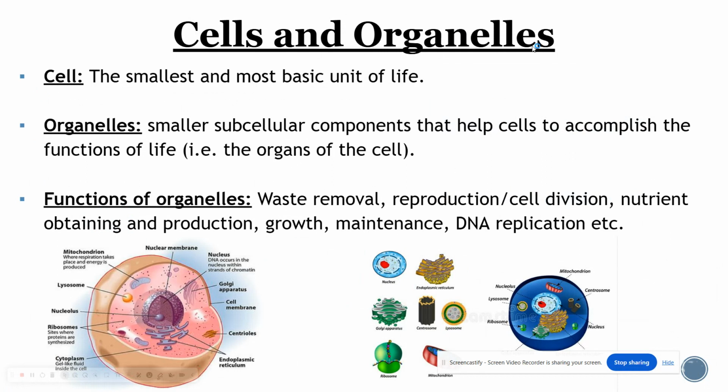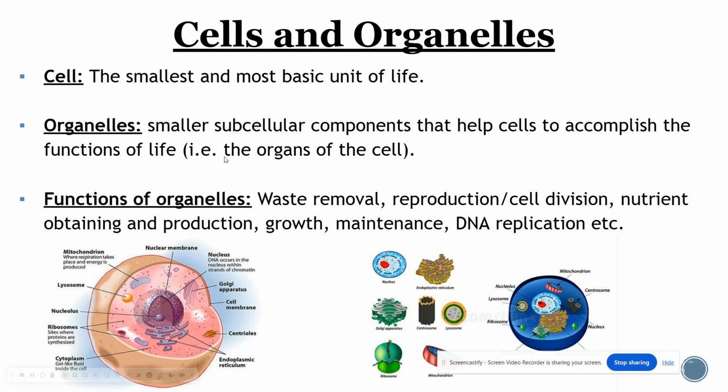So we're going to start off by taking a look at what cells are, what organelles are, what the functions are. Cells in general, as we mentioned, are the smallest living thing. Cells, if you take a look at this picture here, you'll notice that even though they're the smallest living thing, they have smaller parts inside of them. So you can see here mitochondrion, nuclear membrane, nucleus, Golgi apparatus, cell membrane, centrioles. So the cell has smaller parts, and these are almost like the organs of the cell. Those are called organelles. They're smaller